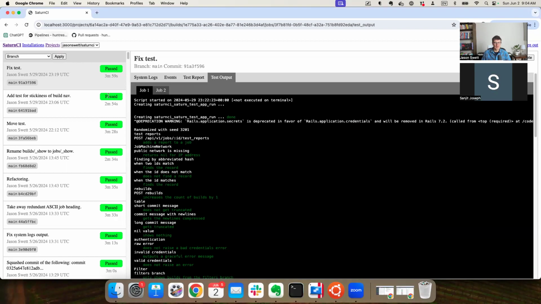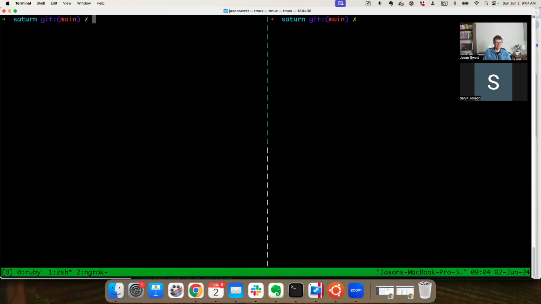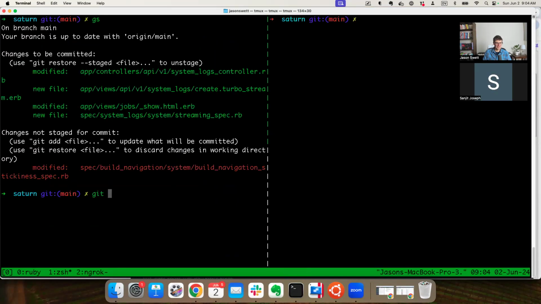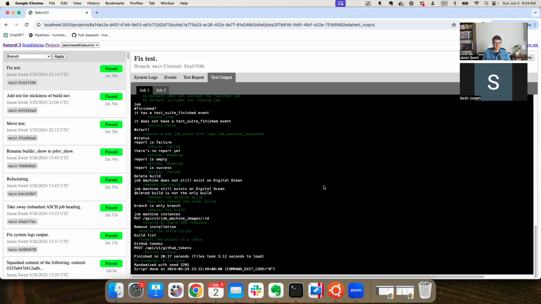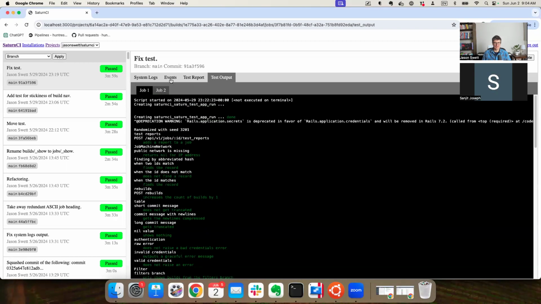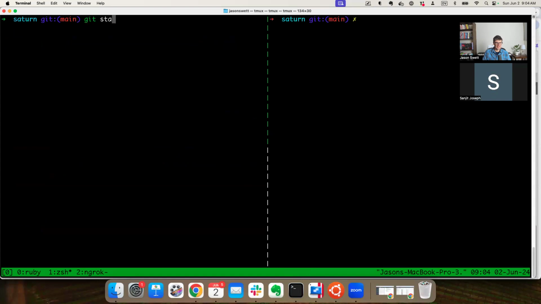So the bug is this. First, I'll take away the buggy behavior. I'll stash these changes. Okay, so you can see, Sanjit, if I scroll this pane, it only scrolls the pane and the nav is sticky. So if I do a git stash pop,